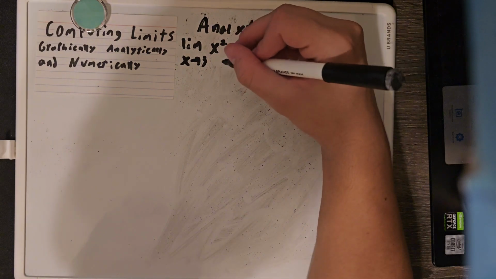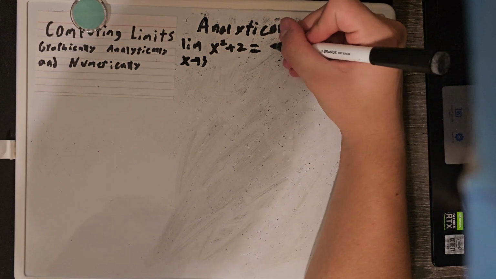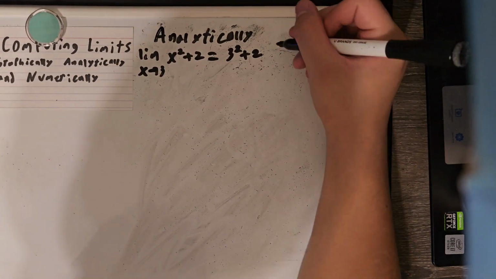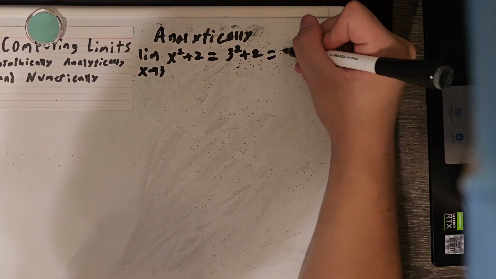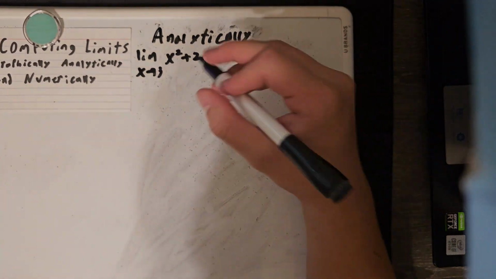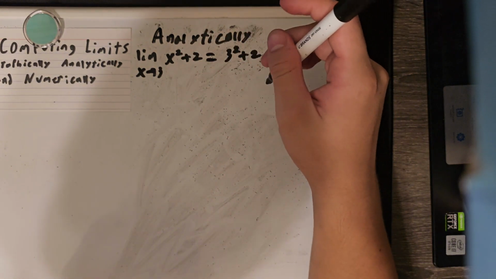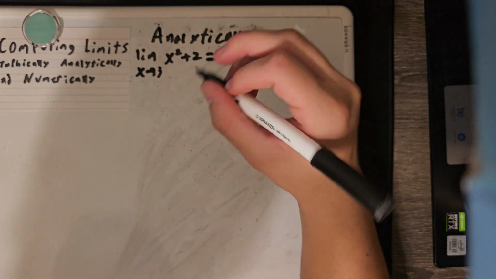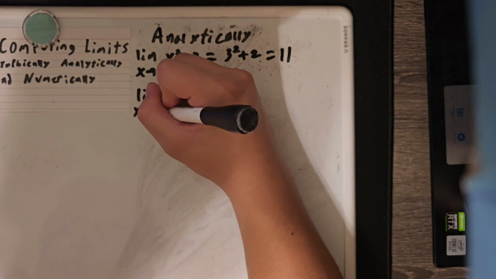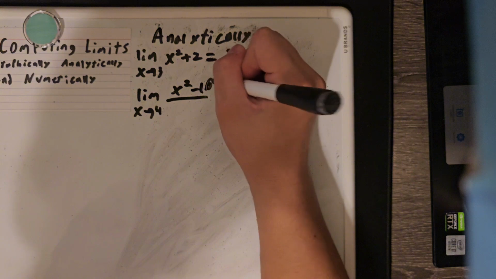to, if we plug in 3 for x, 3 squared plus 2, which is equal to 9 plus 2, which is equal to 11. Now, typically, a lot of the time, we can simply just plug a limit into an equation like this, and it works out. But in some cases, for example, the limit as x approaches 4 of x squared minus 16